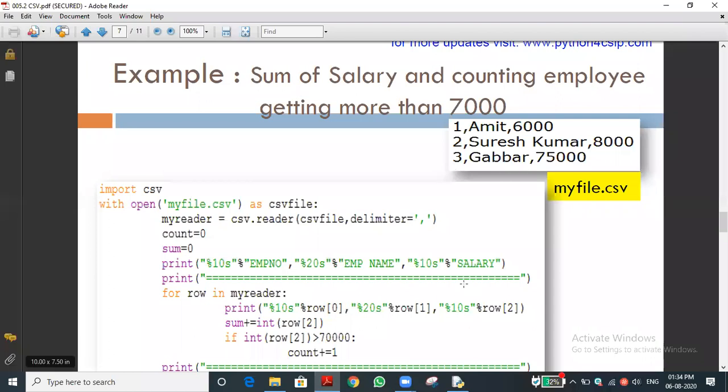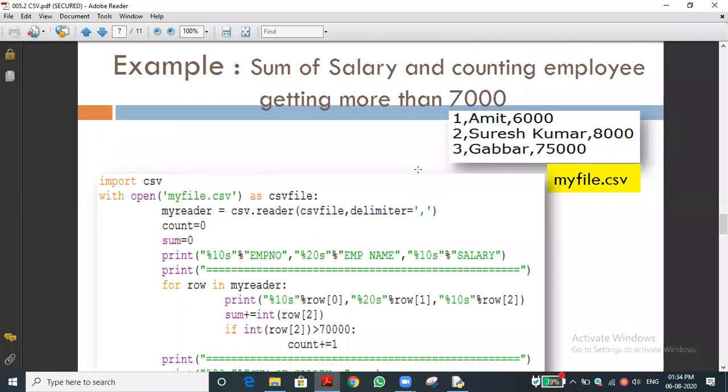Yes, sir, otherwise in the previous program we took it from the user, n is equal to, enter how many records you want to print, like that. Yesterday we did that. Then that n is also equal to the number of rows and records, no sir. That's also correct. But here I'm saying in the sense that the CSV file is already there. Somebody sent the CSV or Excel file to you, and you want to count the records. Either by opening the file we can do it, or by using the program we can do it. Have you understood? Okay, sir, I understood your concept.